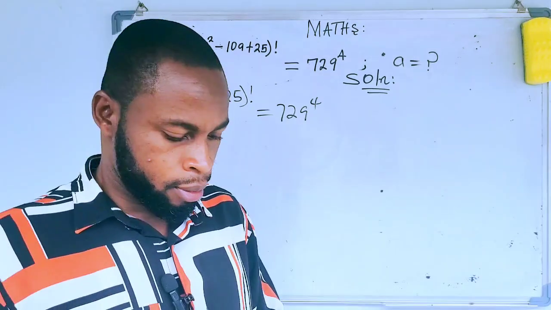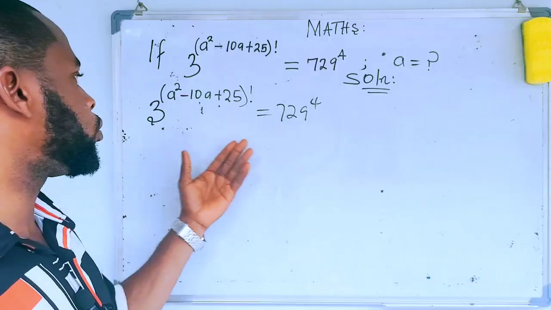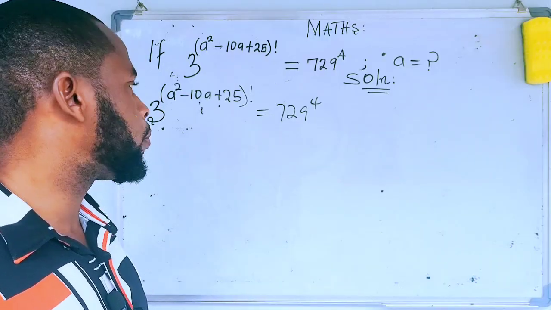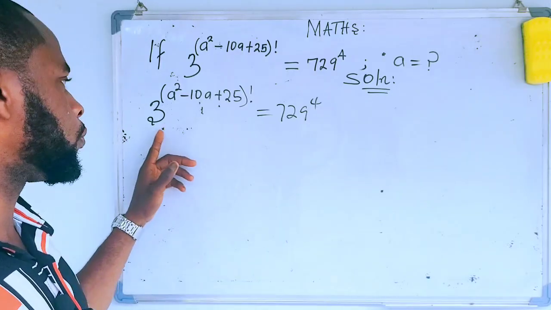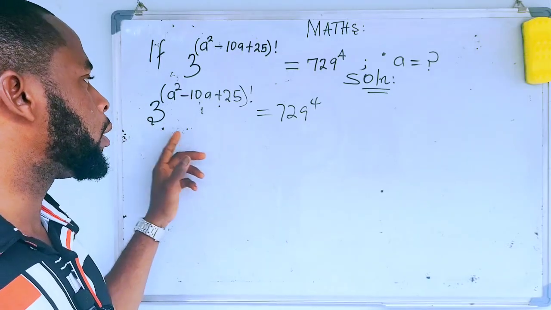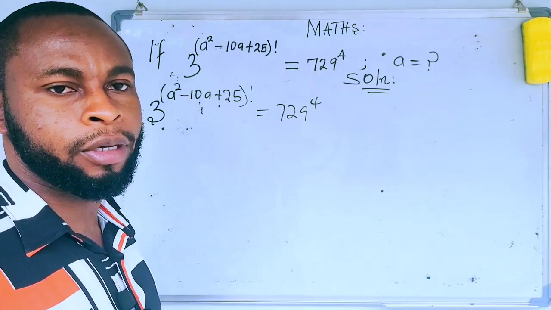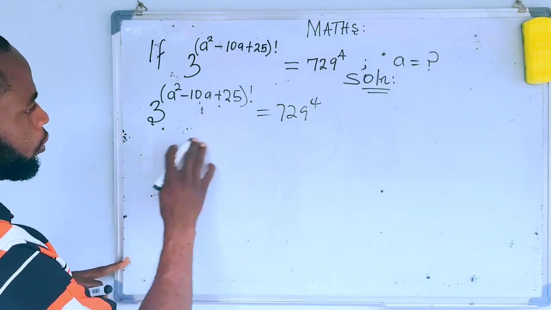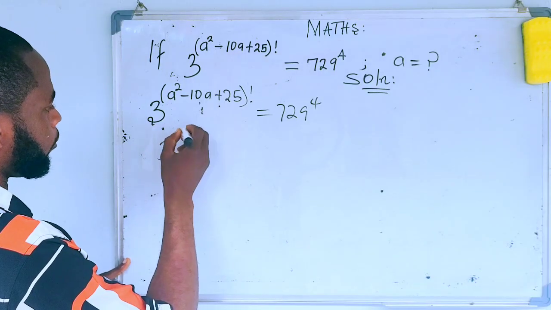The first thing we need to consider here is to make sure that both sides of the equation have been expressed in the same base. We have a common base of 3 here. Then in that case, we are going to express 729 in base 3 as well. Then the equation becomes 3 to the power of